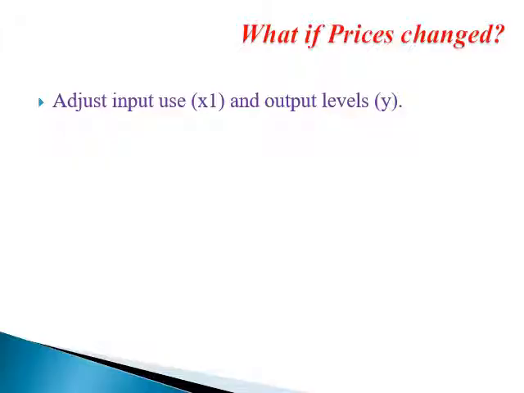So the question is, what if the unit price of the variable input changed? What if the unit price of output changed? And what if both changed? Luckily for you, because we are doing comparative static analysis, we are going to assume only a change in the unit price of the variable input only, holding everything else constant, which is ceteris paribus, or we are going to assume that the unit price of output changes ceteris paribus, which means that everything else remains the same.